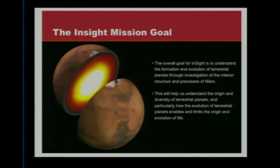So there's sort of three things about a mission you need to know. You need to know what it wants to find out, how it's going to find it out, and how it goes about doing that business. So the first thing, what we want to find out, we're really looking at trying to figure out the basic building blocks of the way planets are put together, and specifically rocky planets. You can't really read this because it's not in focus, but if you could read it, it would say that the goal,